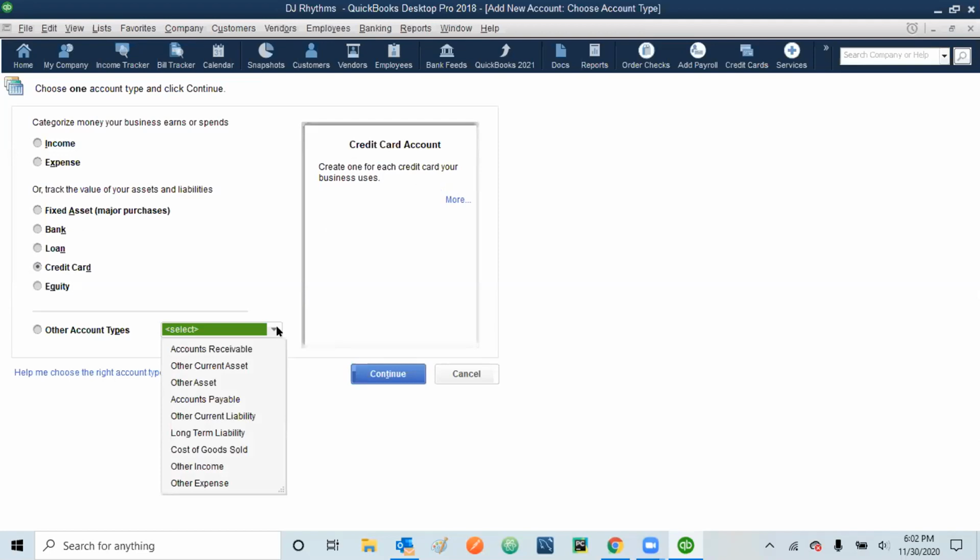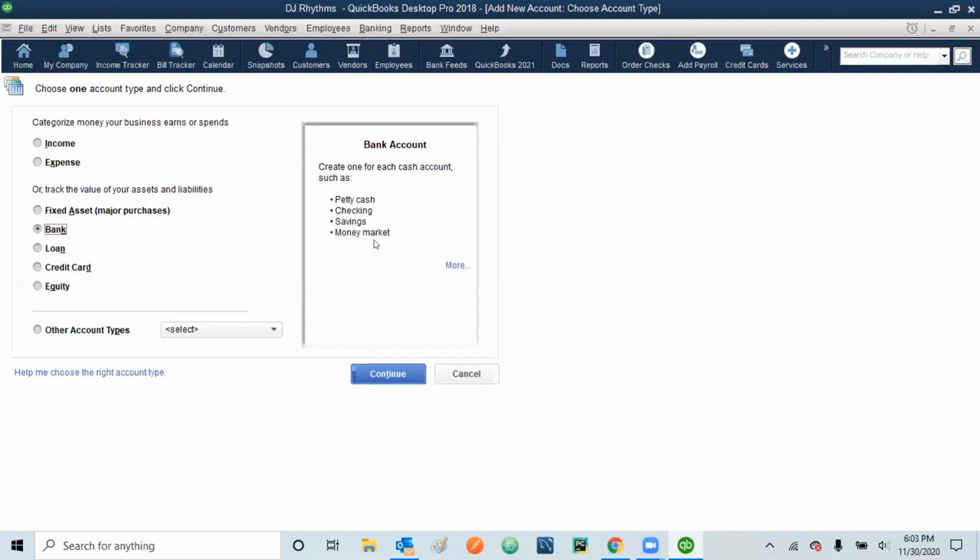Let me see if we have it here. So no. Sometimes when you are working with any of these, it's a confusion. Once you're working, you'll find out why I was telling you. Sometimes when you are asked to create, let's say, a money market account or something, you may become confused about what type of account it will be. So always remember, if you are ever confused, don't select anything.